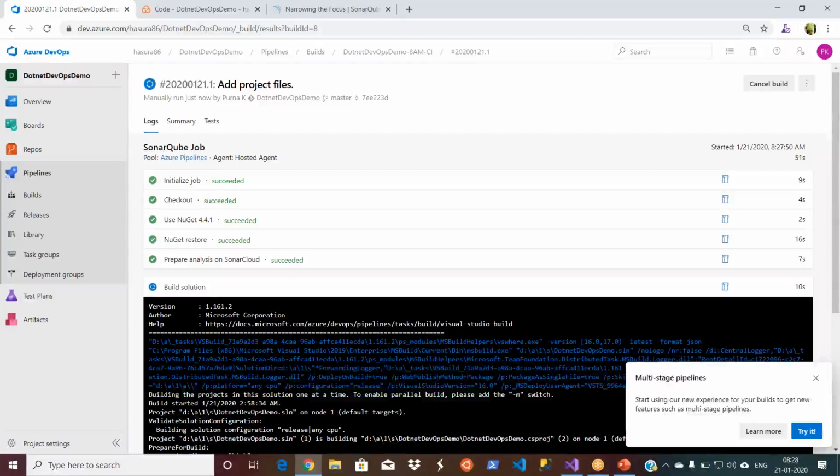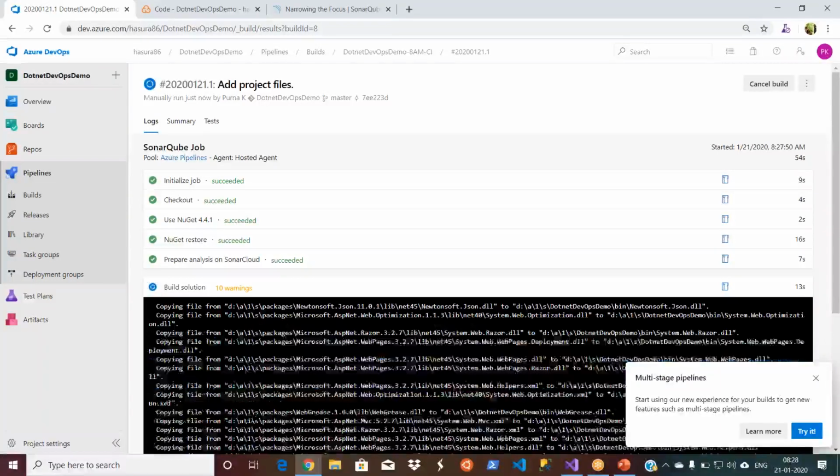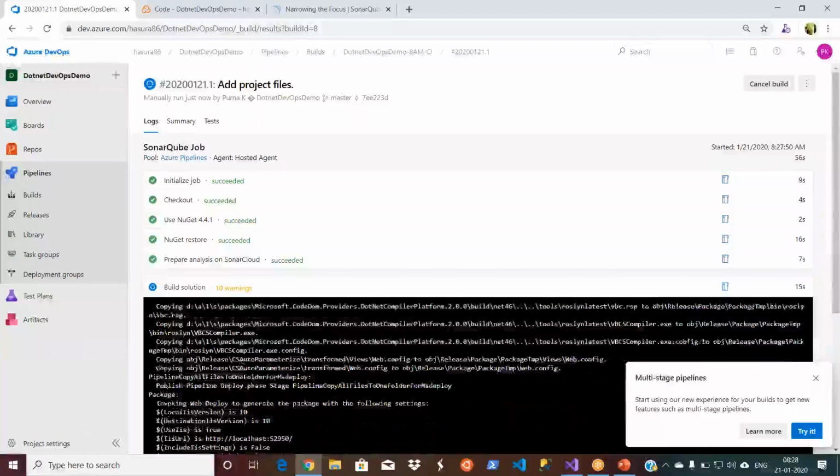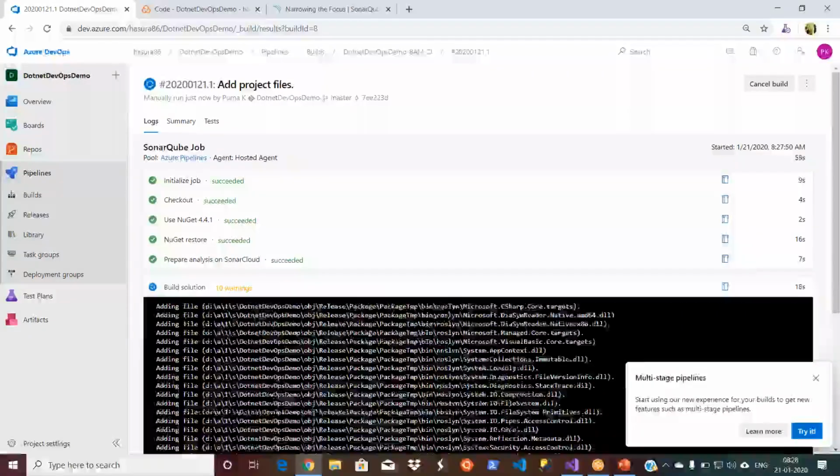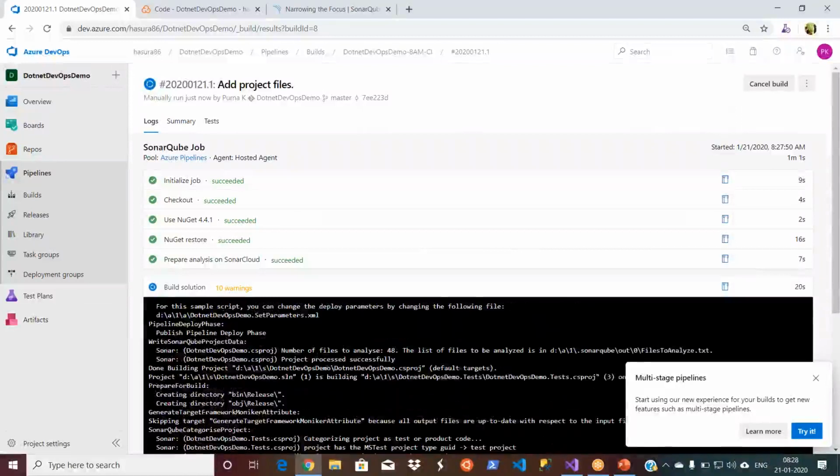This is a very typical activity that you will get, because when you are developing, people use a number of third-party libraries. It's very common.